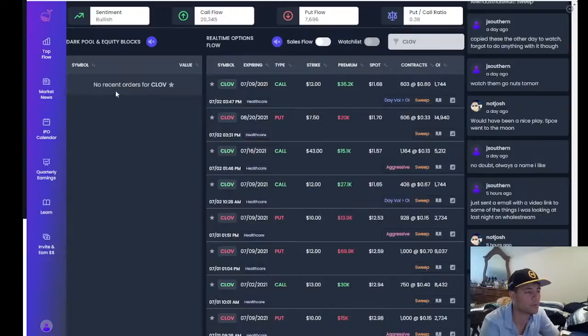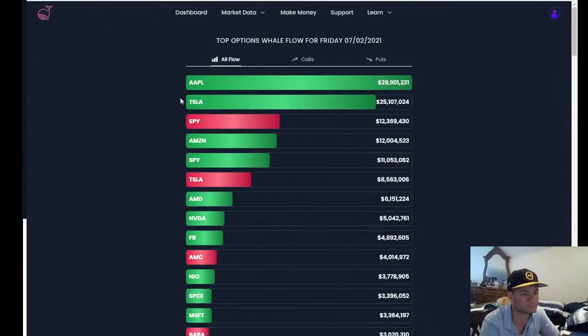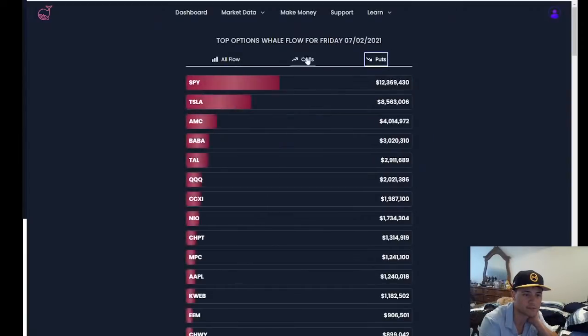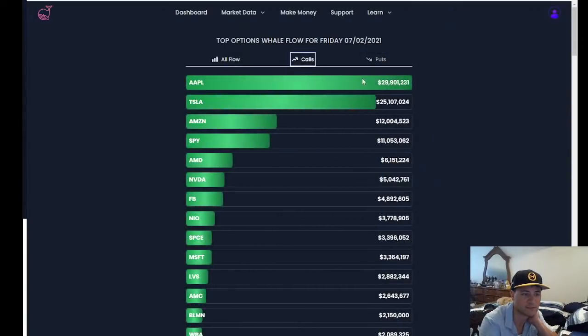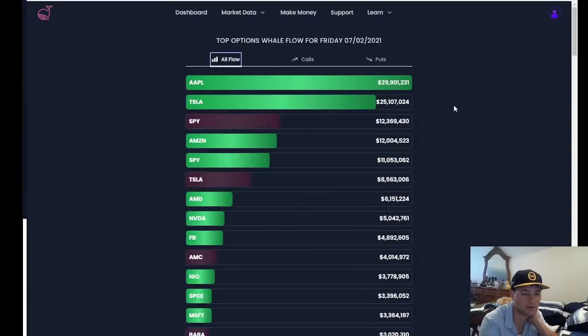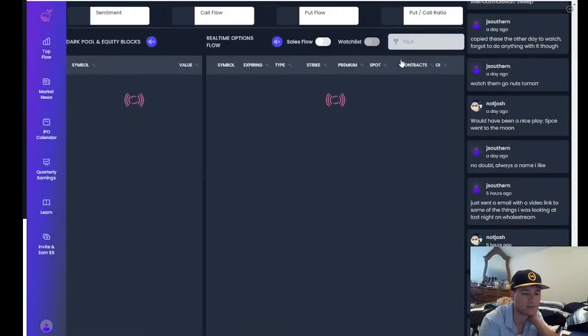All right, I want to get to the point where I can actually figure out what's the top order flow. All right, Apple. $29 million of calls are coming into the market versus the puts. We had $12 million of puts, $29 million of calls. Okay, so all flow, this is just giving us the highest point here. $29 million of calls entered into Apple today. 25 million calls on Tesla entered today. I still don't know what to do with that information.